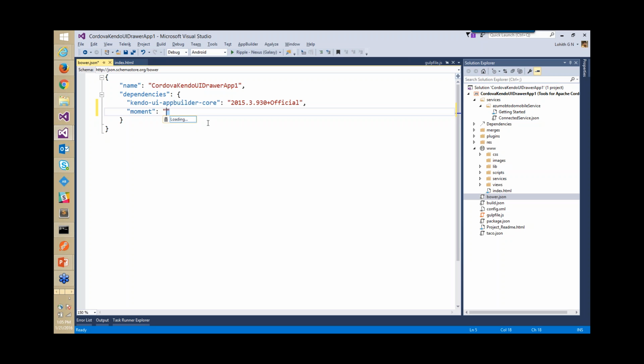I'm not sure why it is taking so much time. This should have come by now. So let's see. I'm not sure what happened. So let me see again. So it's movement. Come on. Or I can do a jQuery. Let's see if we can do a jQuery. Yeah, there you go. So there is a jQuery here. And I can say, loading. Come on. Looks like I'm having some internet problem, but typically what would happen is in this particular drop down,